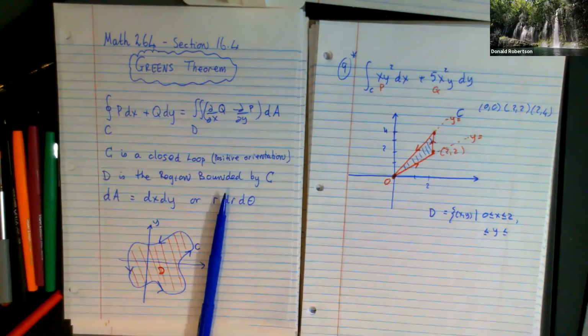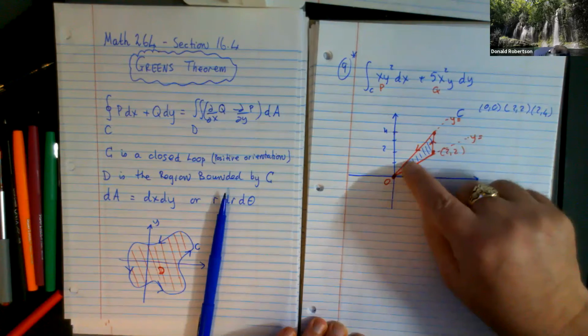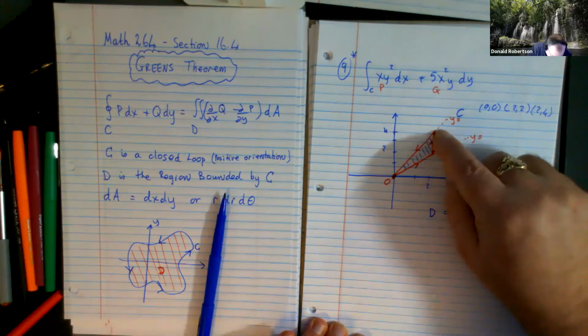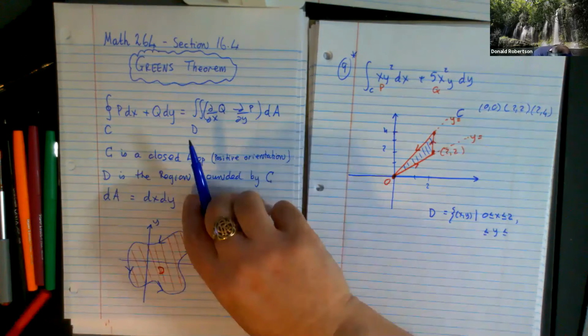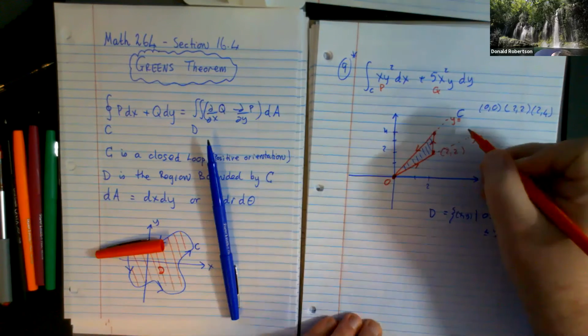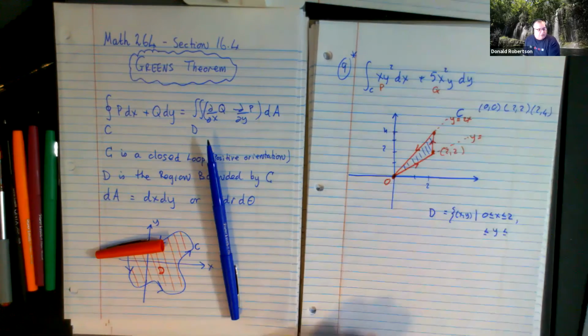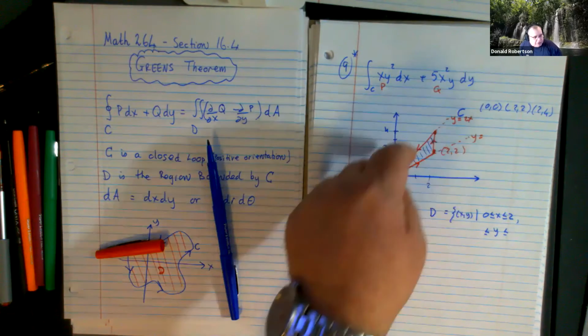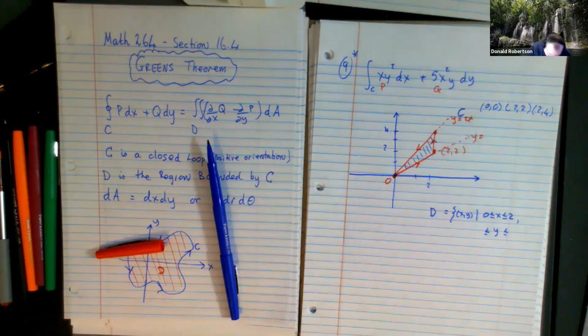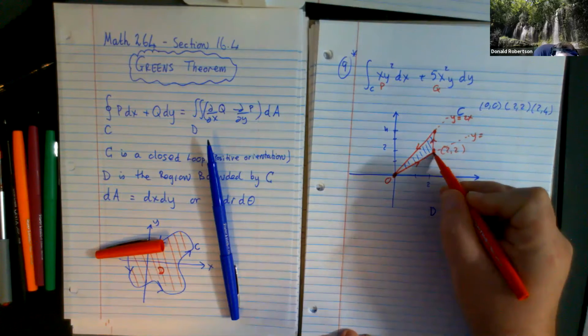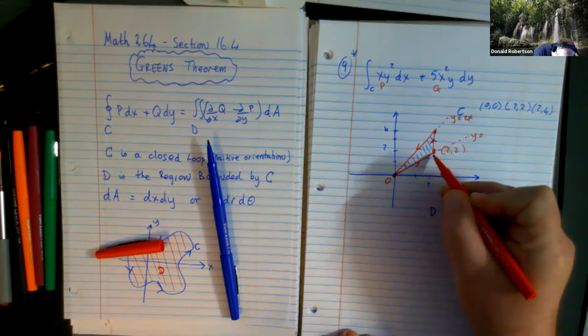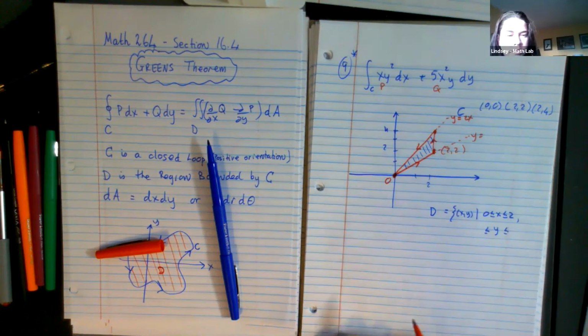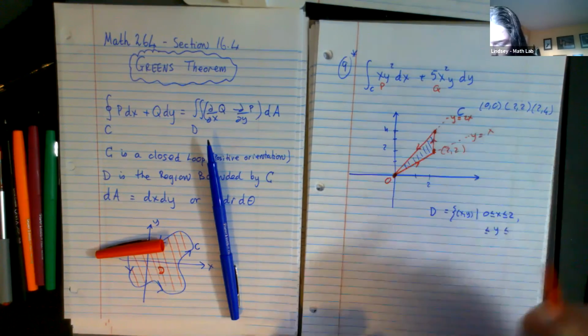Okay, this one goes through the origin and it passes through the point 2, 4. Would it be okay for me just to say it's pretty obvious that it's y equals 2x? Would you agree that the origin to that point 2, 4 is the line y equals 2x? What would be the second one, this lower line? What would its equation be? Just y equals x. Okay. So over here,